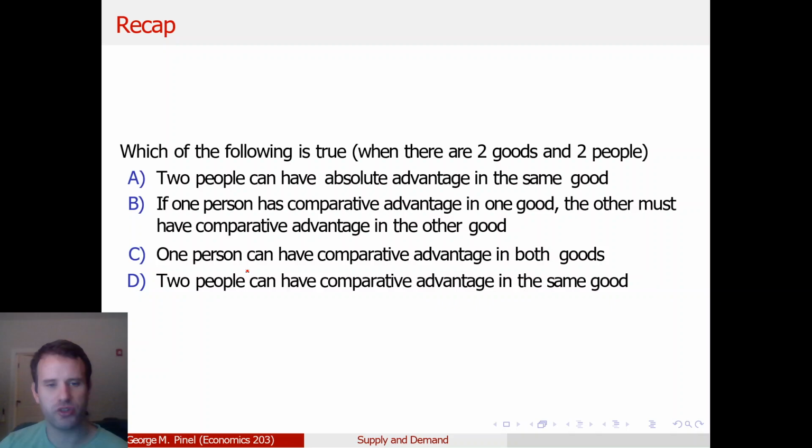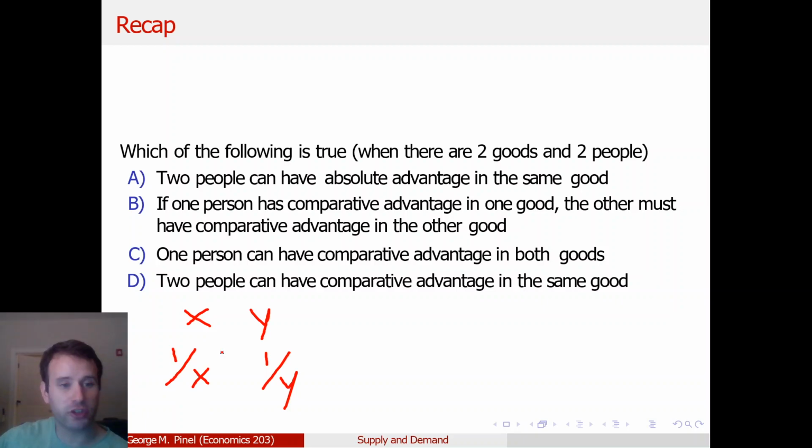So if my opportunity cost is X and your opportunity cost is Y, my opportunity cost of the other good is 1 over X and yours is 1 over Y, right? Opportunity costs are always going to be the reciprocal. The amount of masks I'm giving up per bottle is the reciprocal of the amount of bottles I'm giving up per mask. So if X is greater than Y, that means the person whose opportunity cost is Y